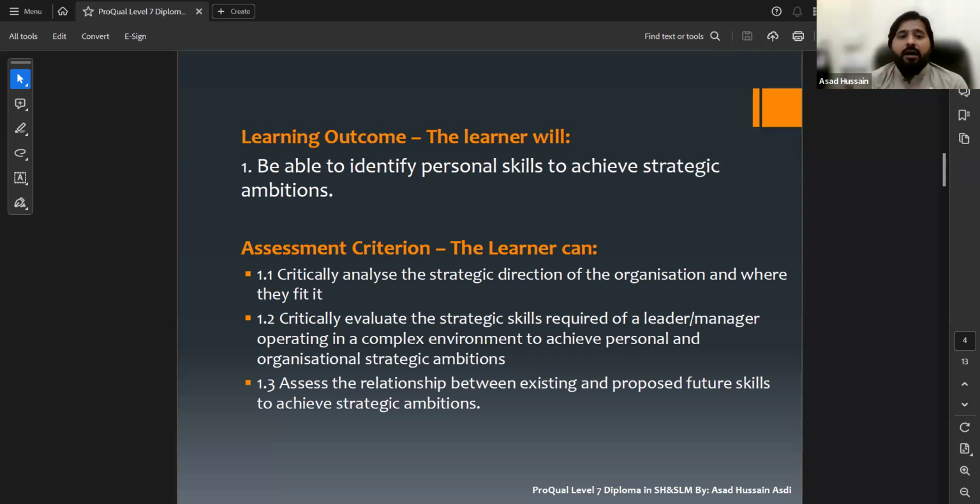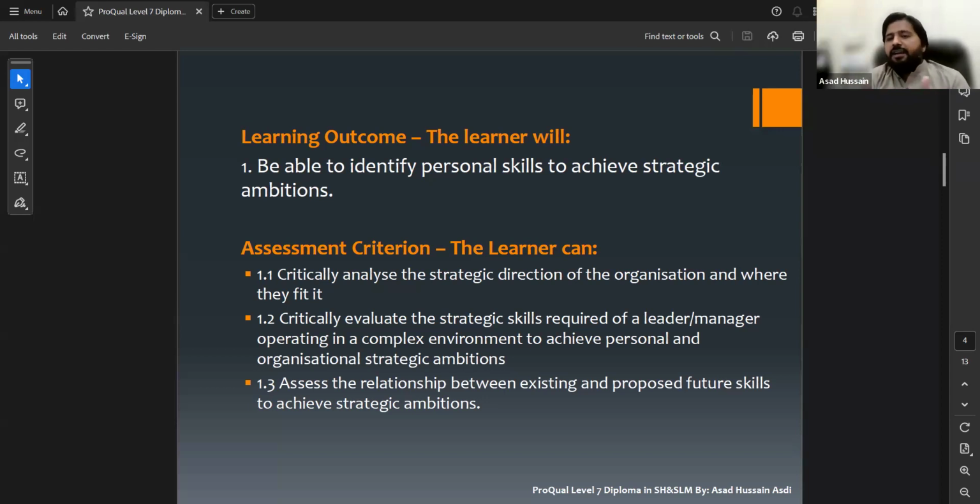The purpose of assessing this relationship is actually to check the differences and how they can overcome them to achieve strategic ambitions. So here, the candidate has to explain, has to give his narrative about the relationship between existing and proposed future skills.